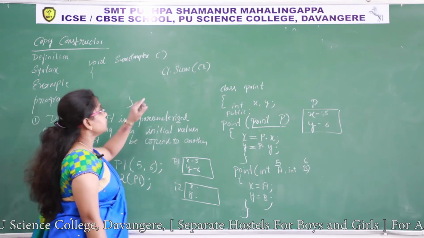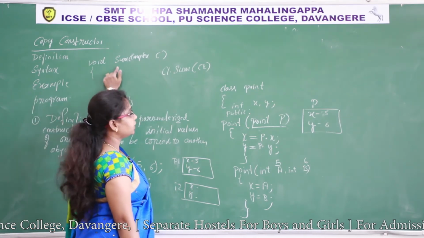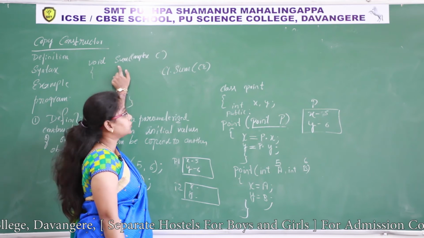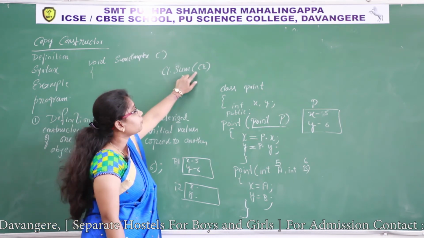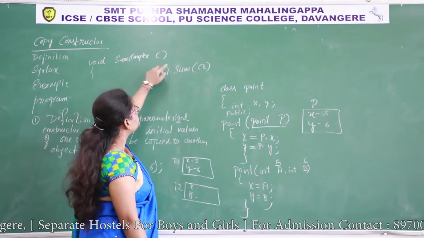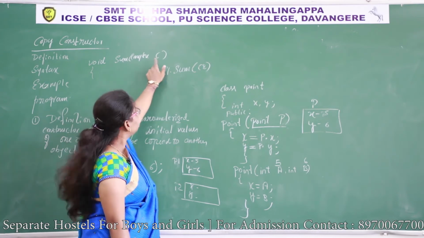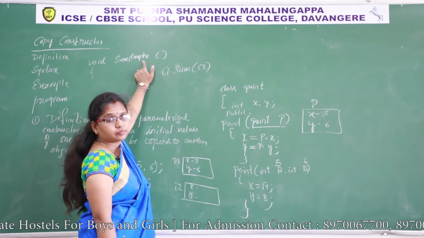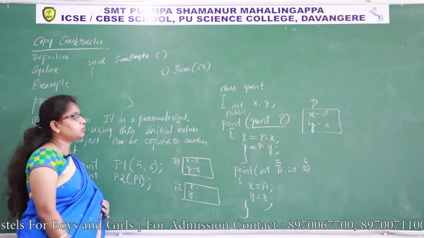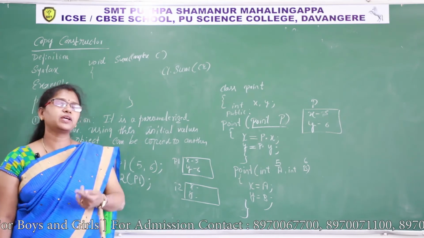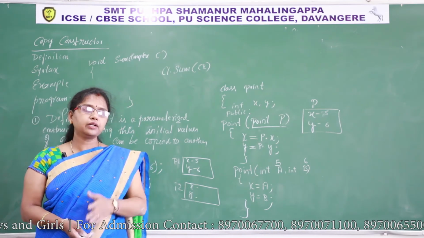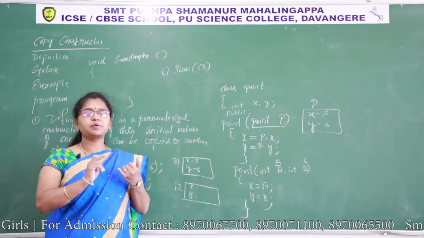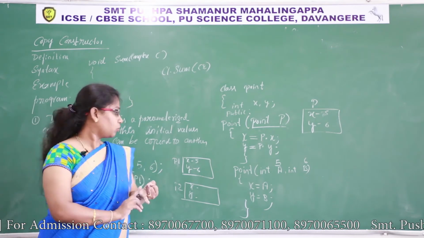Isn't it? So for this function call, this would be the function definition. It looked like this. So here, what is happening is we are passing an object and that object is copied to this object. So here the copy constructor will execute. Further we'll discuss the situations where a copy constructor executes. Right now, what you need to understand is what is meant by copy constructor and what the syntax is.